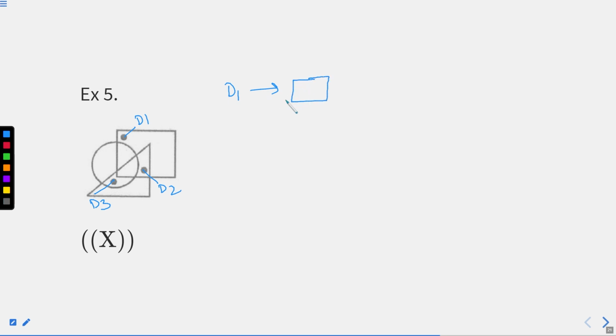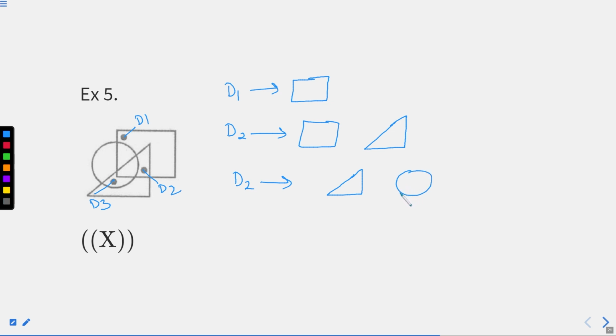So, make only square in front of dot 1. For dot 2, make the figure in which it is lying. It is lying in the square as well as in the triangle. Okay, satisfying the situation. Now dot 3, what we can see is that dot 3 is lying in the triangle as well as in the circle. So we need to satisfy these three situations here, right?